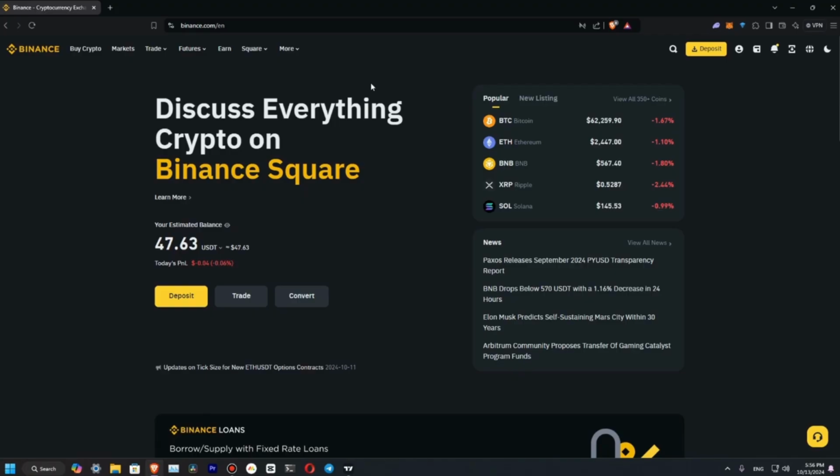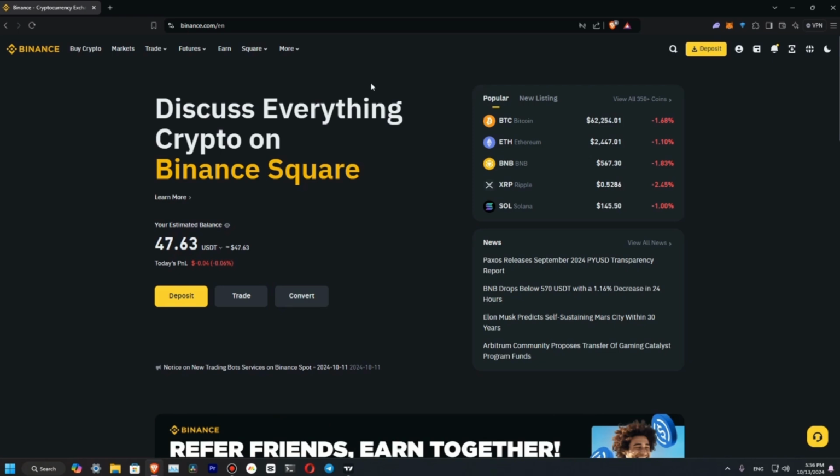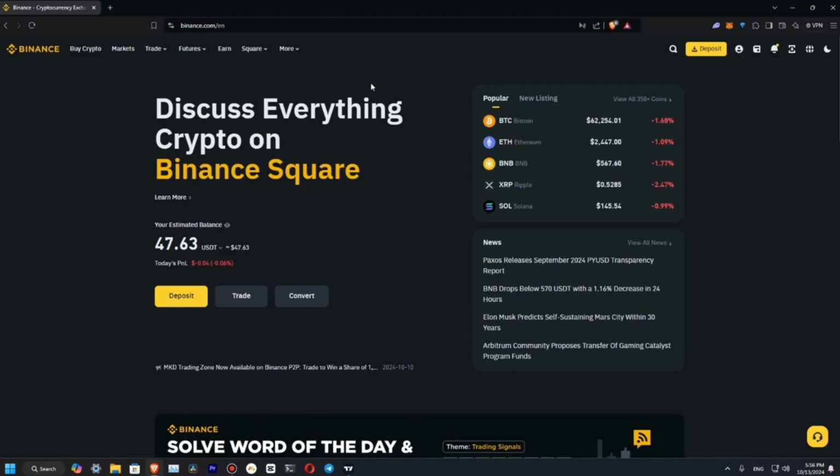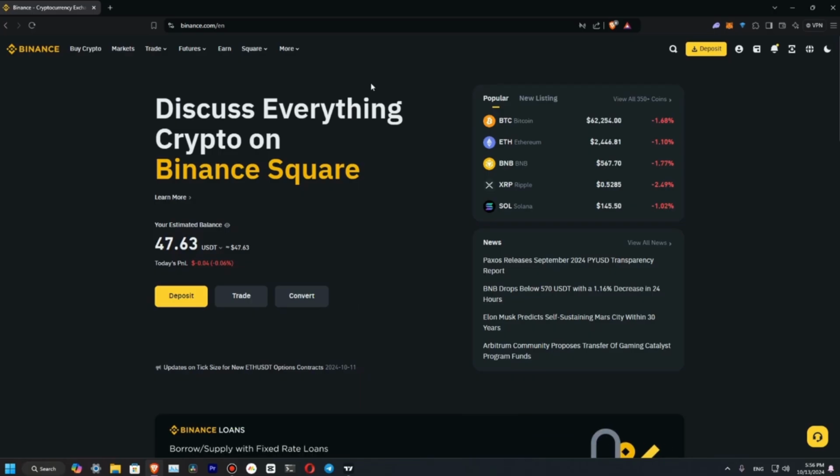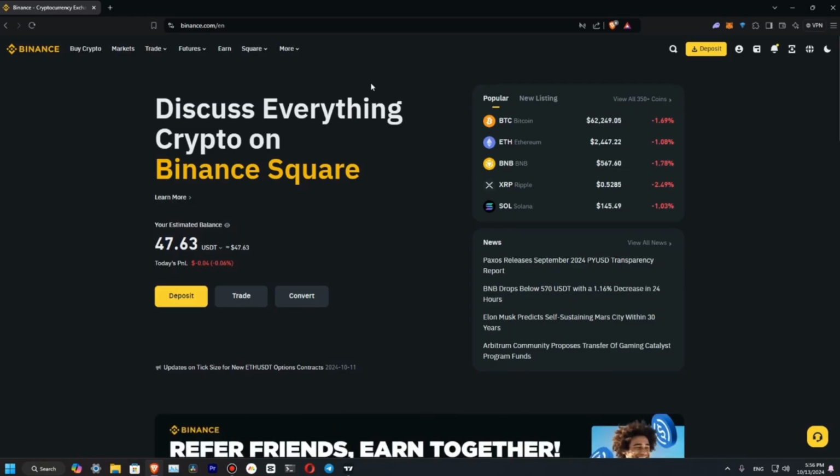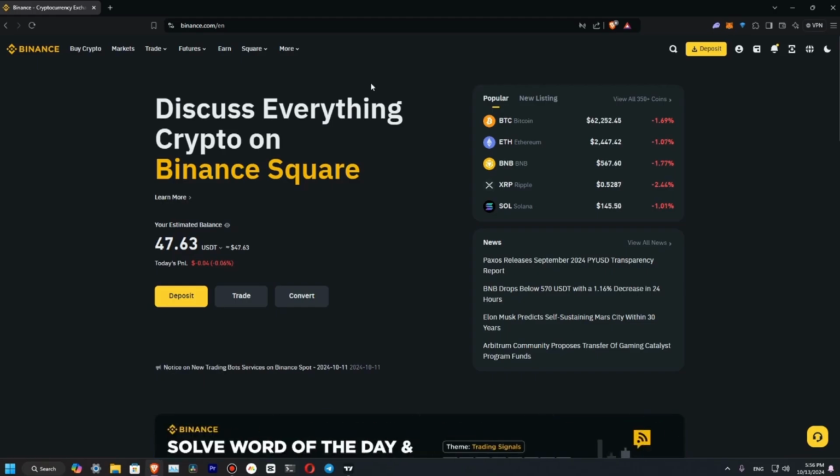To start, let's define what the spot market is. The spot market is where you purchase an asset directly into your portfolio. If you buy a token and the price goes up, you make a profit. If the price falls, you lose your money, or wait until the price returns. So basically you purchase, you own the asset, and then you decide if you want to take profit if there is a price jump, or you want to keep it and use the technology or maybe some other utilities that